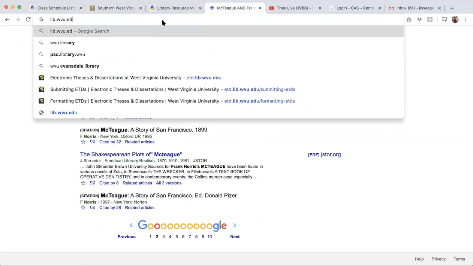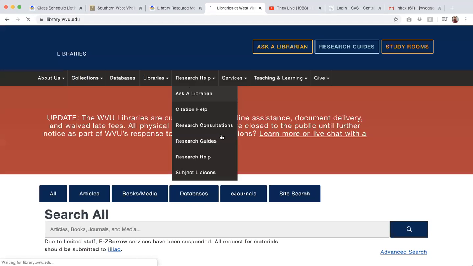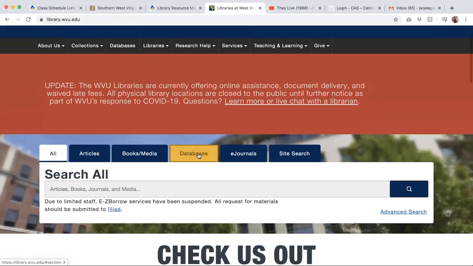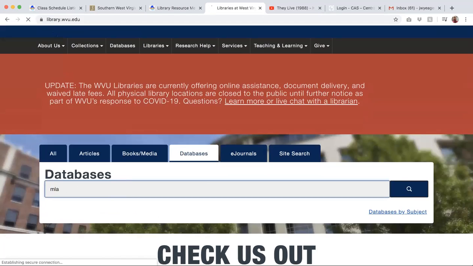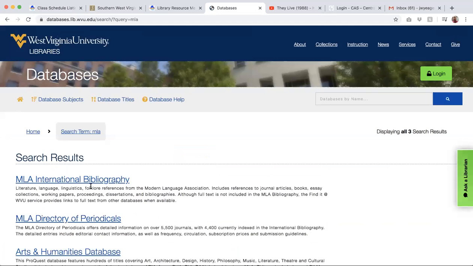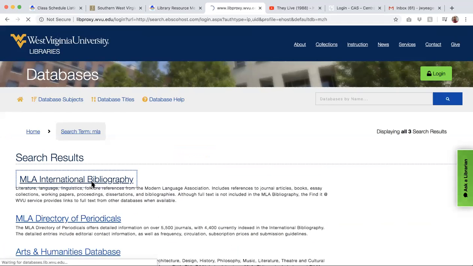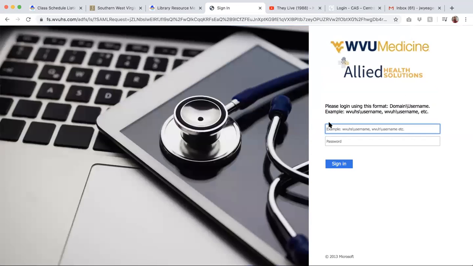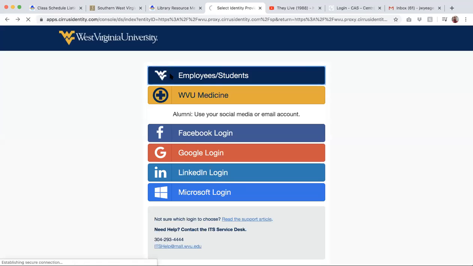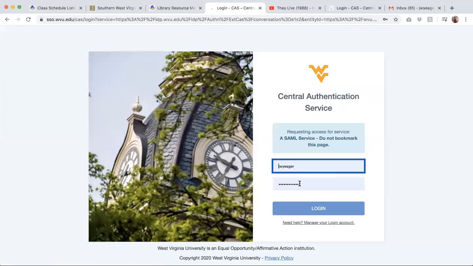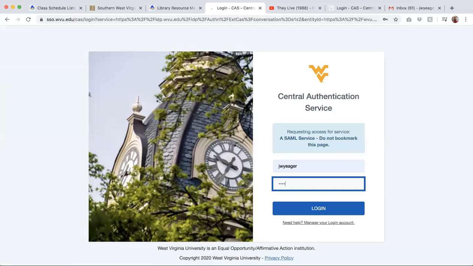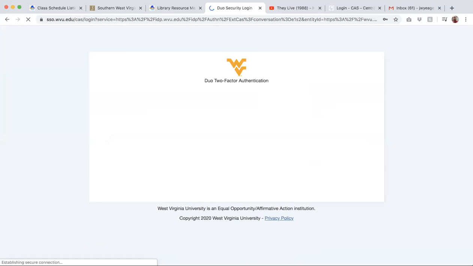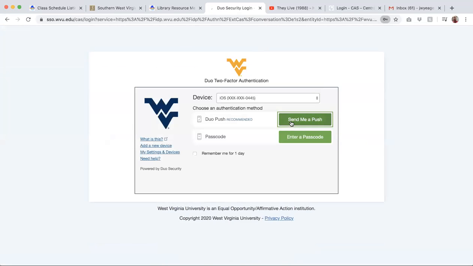I'll actually demonstrate here just to show you. I'm at the WU databases. Let's see how much more stuff we find here. Hope I'm not a health major. The bad thing about this stuff is they lock all this behind a paywall, right? That's the worst part about a lot of this stuff.